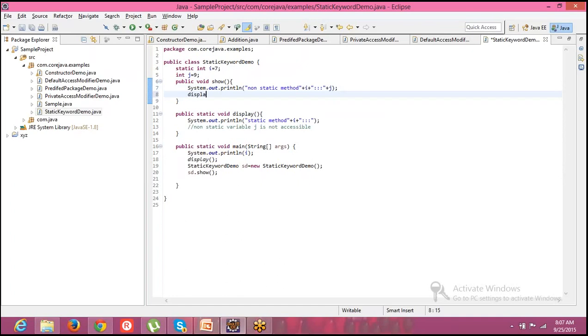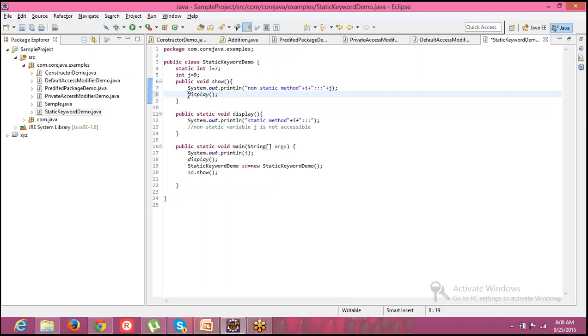Can I access it? You can very well access it, right? We can access it. So that means a static method is accessible inside a non-static method.